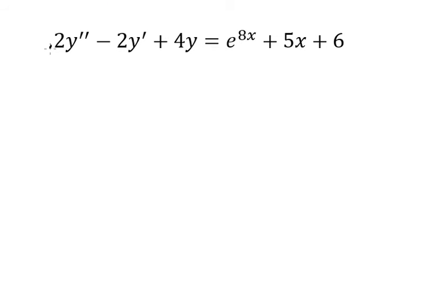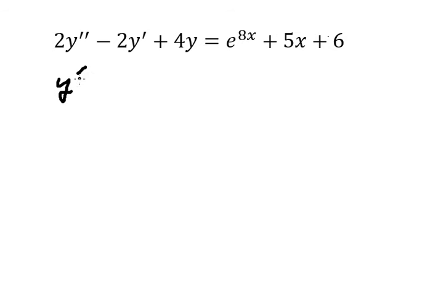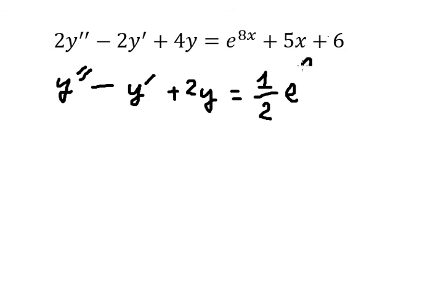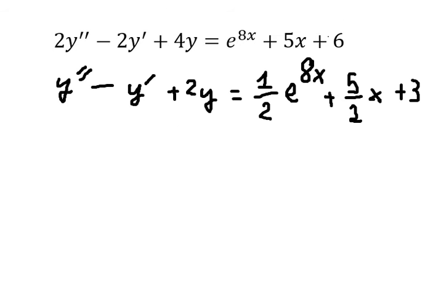First, we divide both sides by number 2. So we have the second derivative of y minus the first derivative of y plus 2y equals 1 over 2 e to the power of ax plus 5 over 2x, and we have number 3. Now about this one, we need to divide this one into